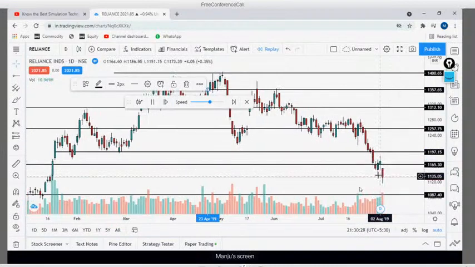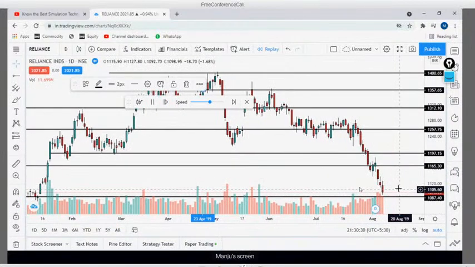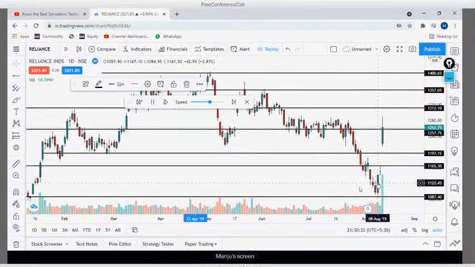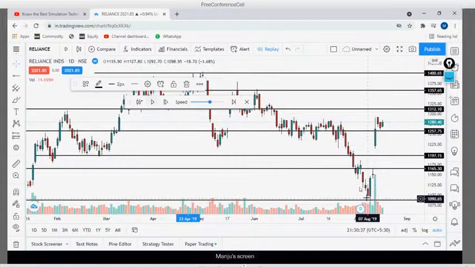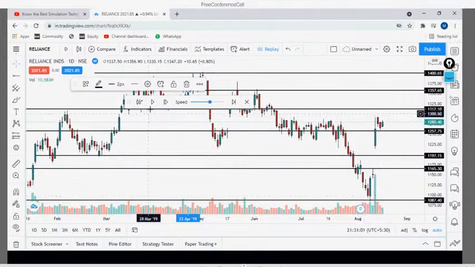See, this is, I think, 2009, still before Corona. Okay, see here. Let me stop. See how exactly it took support at this level, and it gave a big move from here. Our job is to first identify these levels, then you should take action at this level. Price action is all about this only. This is how you are going to test your strategies, or test your support and resistance, or whatever strategies you are planning or following, right?